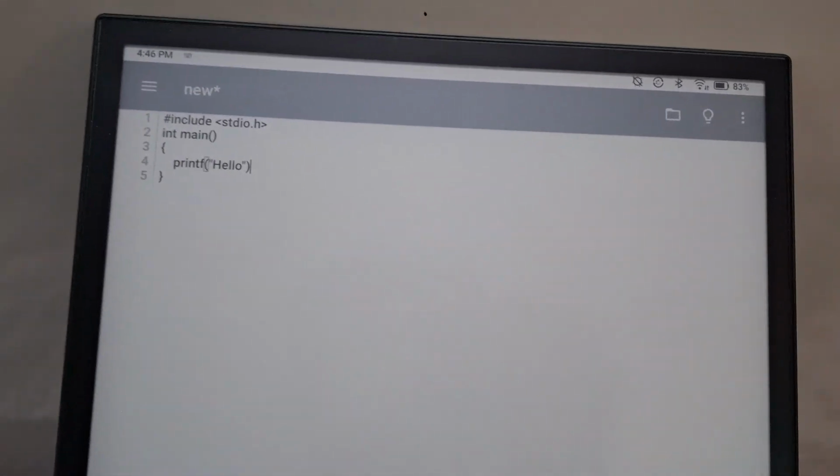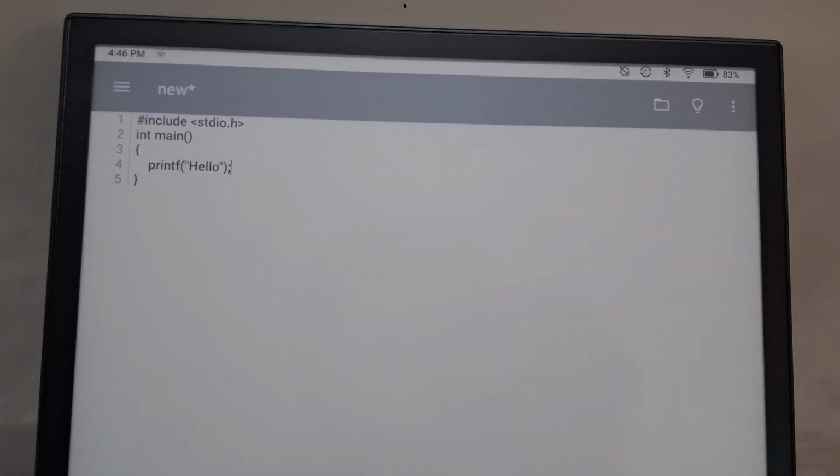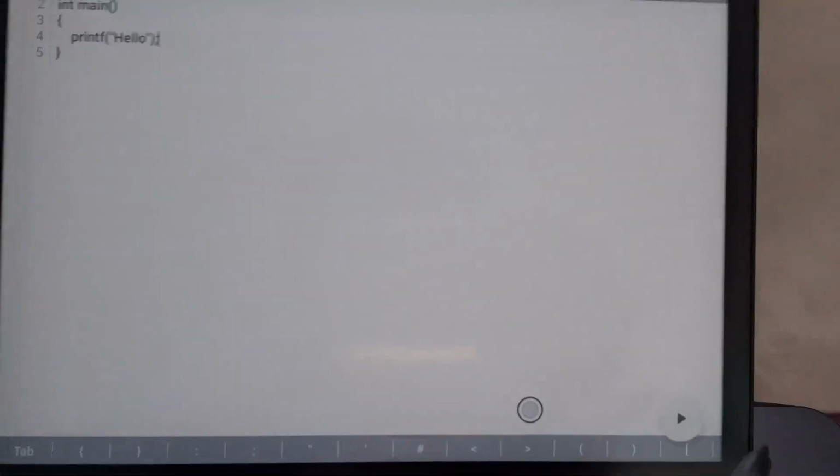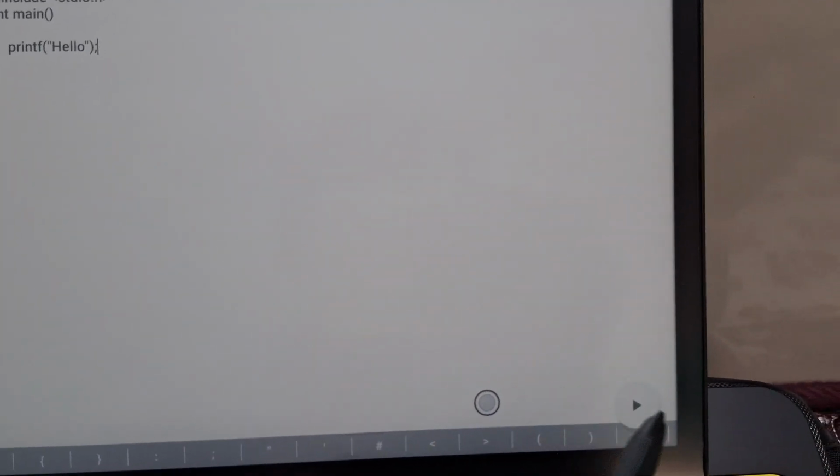So unlike Python, you need to end all of your code in the C language with a semicolon. So I believe now this should work. So let's just go ahead and run it. So here you can see the program has run perfectly. It says hello, but